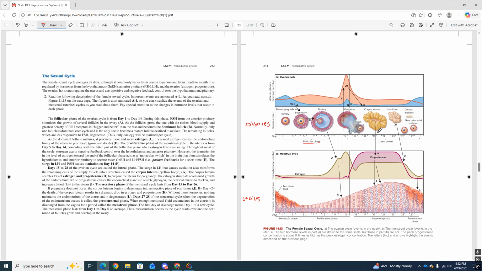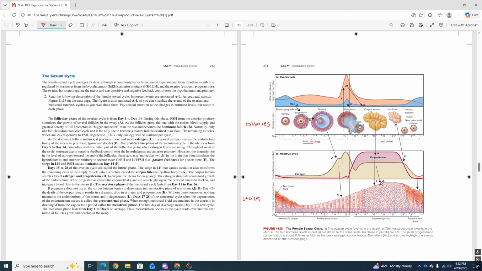The corpus luteum secretes a lot of progesterone and estrogen. We can see that via letter H. We can see how those progesterone levels are so high. Estrogen is really high here, and it does this to prepare the uterus for pregnancy, which is why we can see the thickness of this